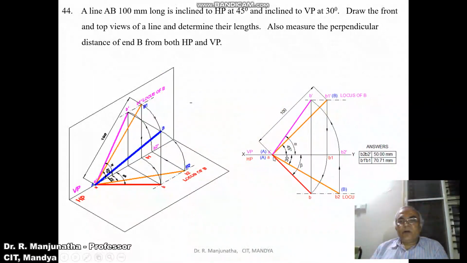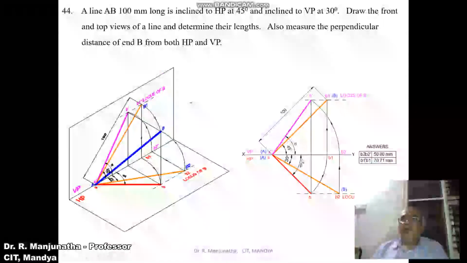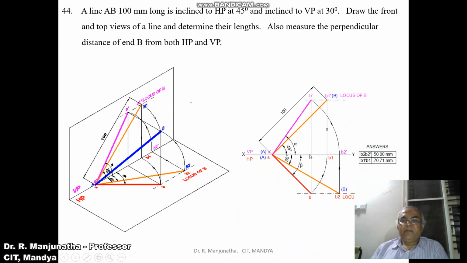Now we are going to find out the top view line and its inclination. We know that this is the front view line, which is in true length, as given in the problem. So draw a vertical projector from B1 dash to the XY line. With A on the XY line, B1 will also be on the XY line. The condition is, if the front view line is in true length, then obviously its corresponding top view has to be parallel to XY. So AB1 is the line which is parallel to XY in the top view.